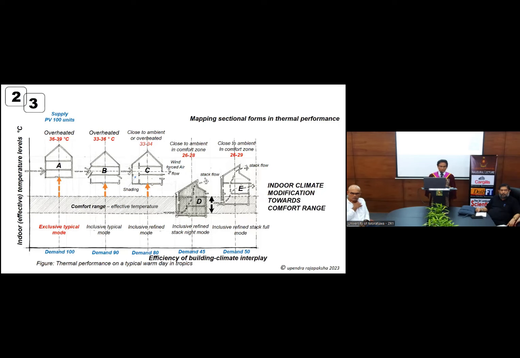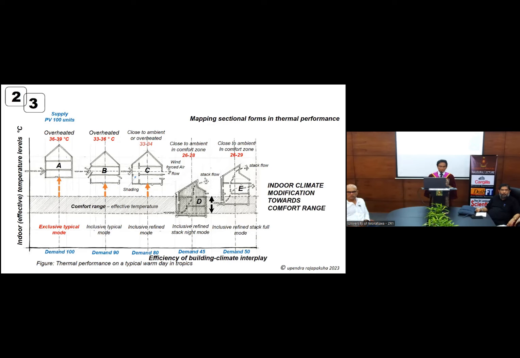So A is a typical building section. It has a ground floor, first floor, and another floor with a roof. And it's a sealed building. It has windows but sealed. So it brings heat, and that's the common typology we can find in most of the towns in Sri Lanka, right? Because they are completely sealed, the internal temperature could be around 36 or 39, and interiors can be seen overheated all day, during the daytime and nighttime as well, well above the comfort range. You can see the comfort range.